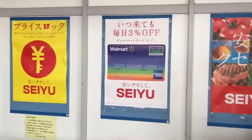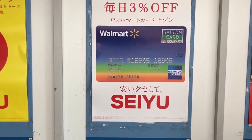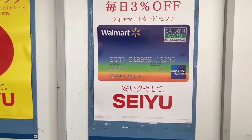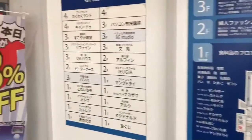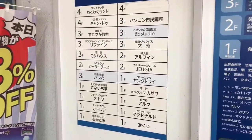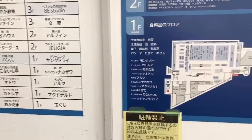So you can actually see here, right here, you can see Walmart, but it's called Walmart SEIYU. Taking a look at how this is different from Walmart in the United States, not everything in this building is Walmart owned. You can see here they have 4 floors, and on each floor there are quite a few different stores. The first floor looks like your regular Walmart,